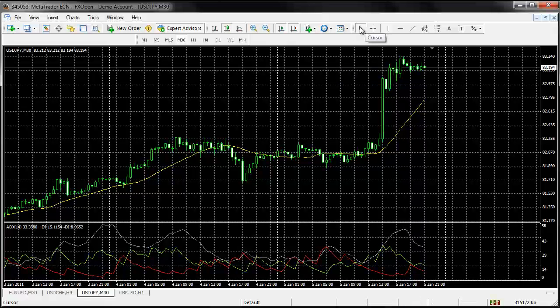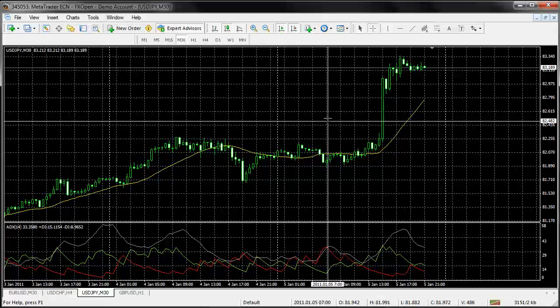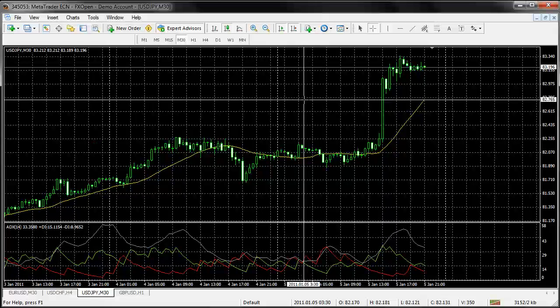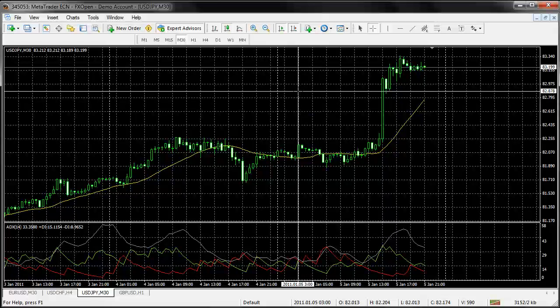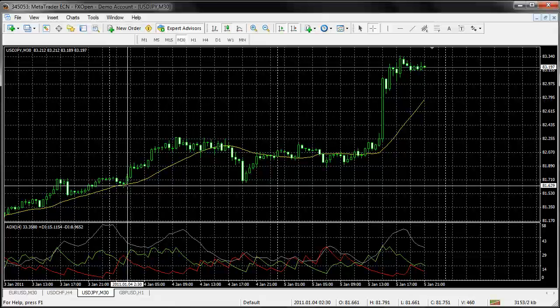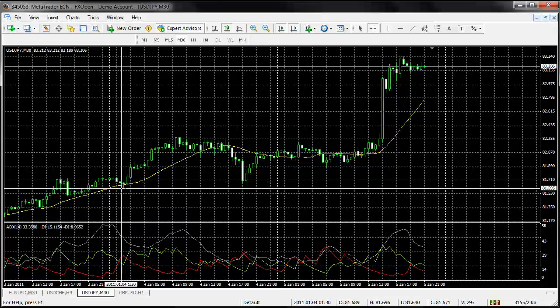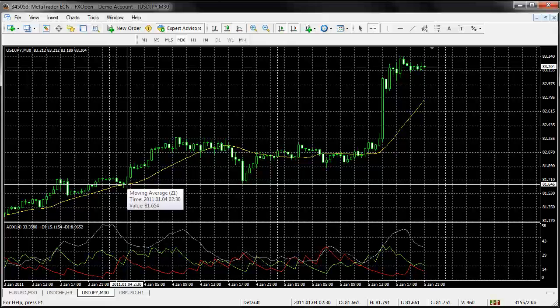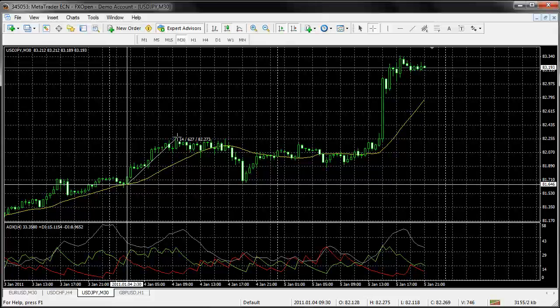Alright, now here is your cursor, which is what you see right now. Here is the crosshair, and this will bring a crosshair out. Now you can press your left mouse button at the section where you want. So let's say I wanted to work out what the pip difference was from this section here to there. What I do is I take my cursor down to below that candle and then left click and hold the left mouse button, and while I'm moving my mouse, you'll see the number to the left says 14, then the one in the middle says 627, and then the one on the right says